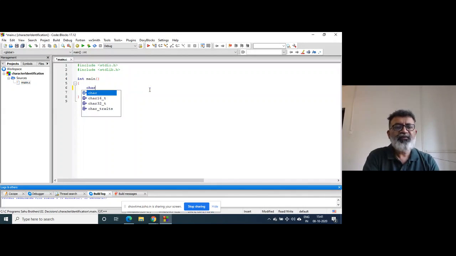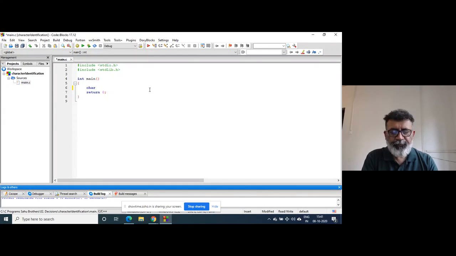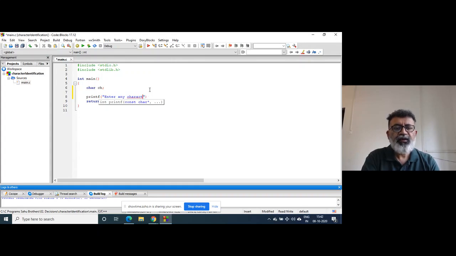I will declare a variable as char ch. I write a printf statement, enter any character, then scanf with %c and ch.